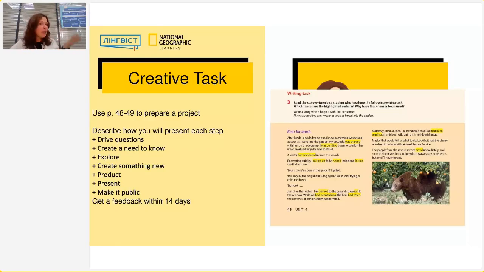Will they create the guide like we discussed? Will they create a story, some fairy tale about past tenses? How will they present their story? Maybe it won't be a real story, but a play for the new year. It depends. So your task will be to describe all steps that you see now and send it to me,